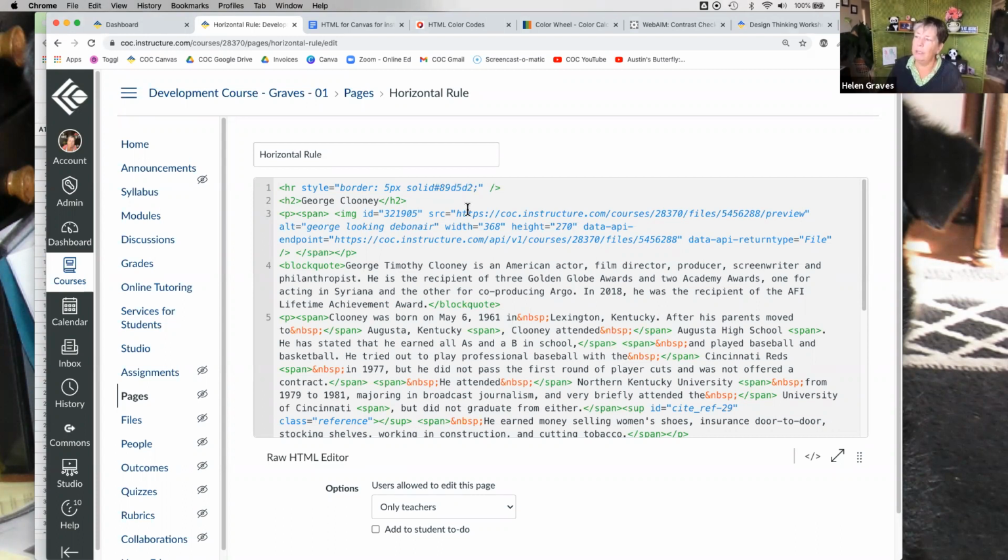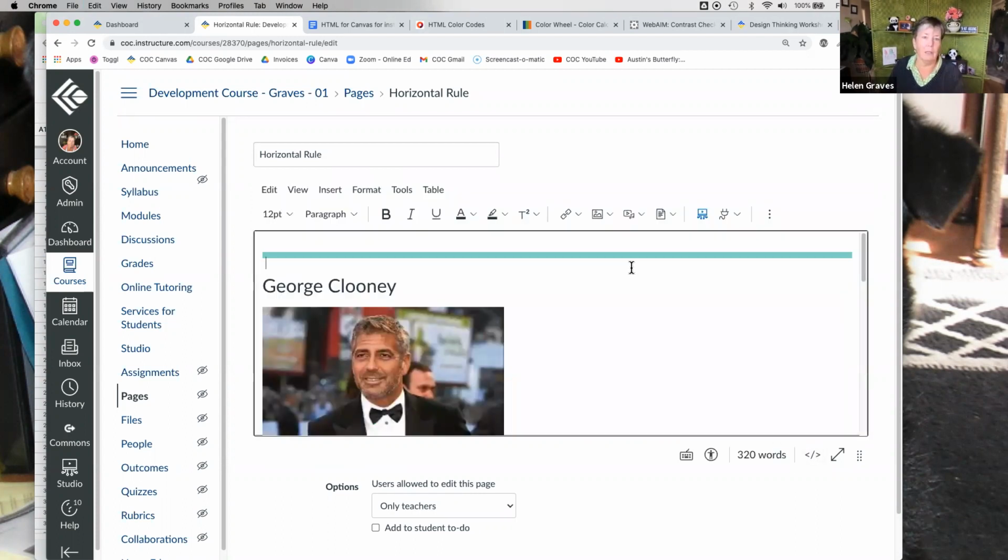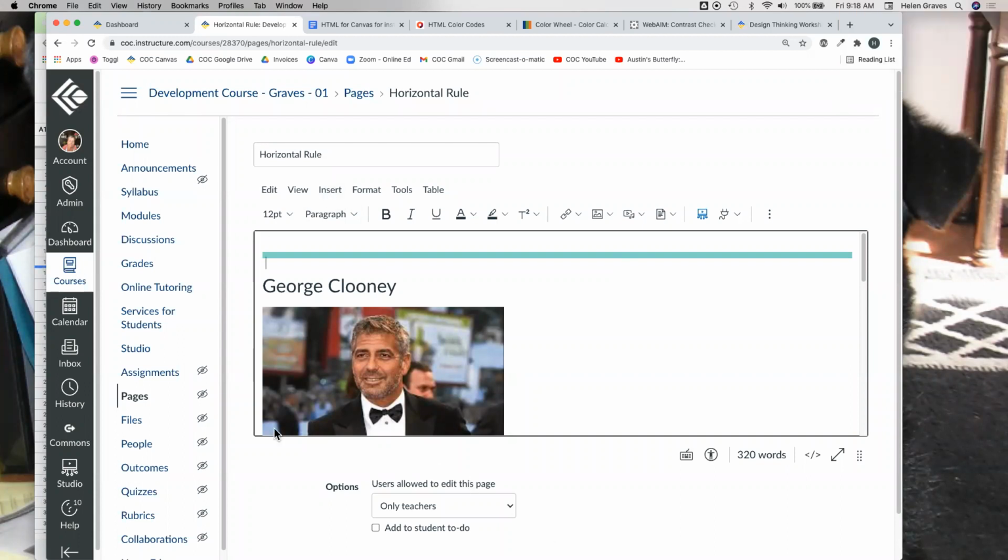And then I'm going to put in an actual 6-digit color. That's a lovely little aqua or teal color. Isn't that cool? So you could play around with separators on your pages by using horizontal rules. And again, you could use the standard gray one, but if you want to get fancy, now you've got a way to do that. Okay.